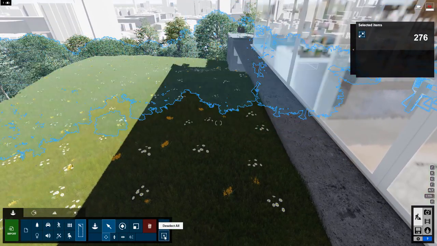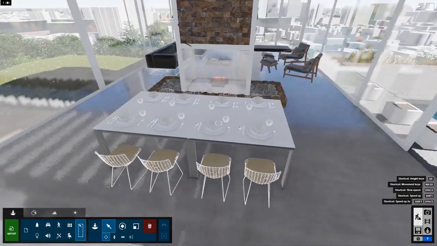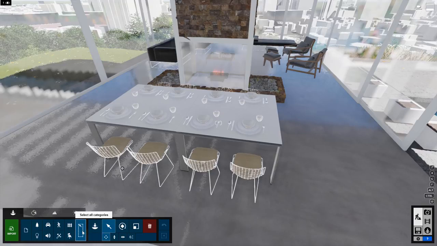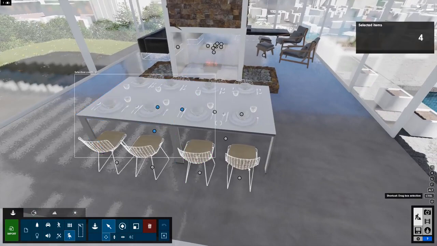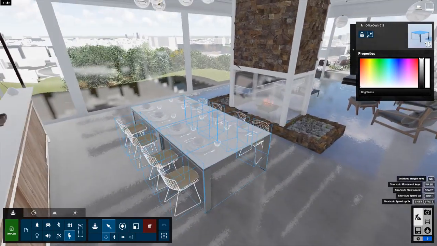So let's deselect that, move back inside, and take a look at how we can use these filters to make better selections. So rather than having Select All categories on, I'm going to choose Indoor. This way, when I move my cursor around, you can see that it's only selecting objects from the Indoor collection. So those are the only nodes that I'm going to see. And this is going to make it much easier for me to make a window selection around this kind of grouping of objects and grab only what I want.